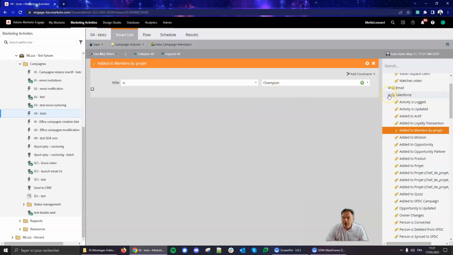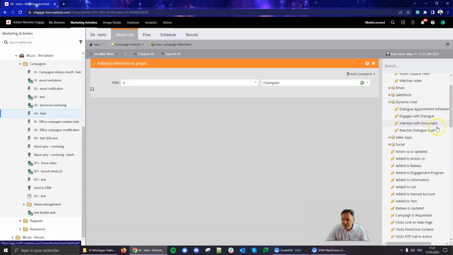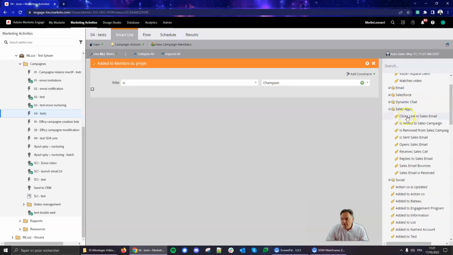So Marketo is really rich, and the more you use it, the more you integrate with anything. Here we have the trigger for the native Marketo chatbot, which is different from the Xeno chatbot. I've got triggers from the sales app that Marketo proposes to the sales population. So I've got a plugin outside of Marketo dedicated to sales that helps them create their own email based on marketing templates or their own nurturing programs. So that's something that's connected to Marketo.